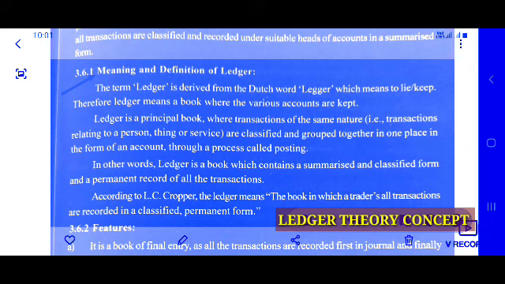So here we will classify the accounts. For example, you have passed the journal entry, capital account debit to cash account, so two accounts are opened, a capital account and a cash account. With the help of the capital account, we can easily ascertain how much the owner has invested as capital, and with the help of the cash account, we can easily find out how much cash he has received and how much he has paid.